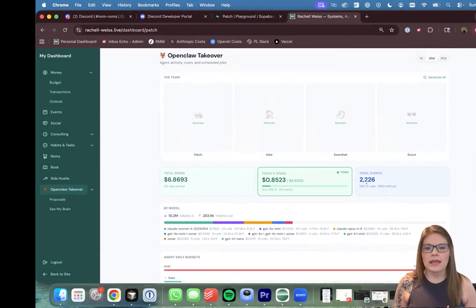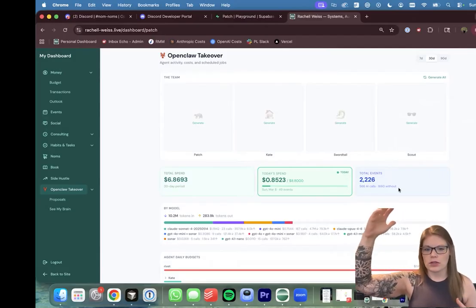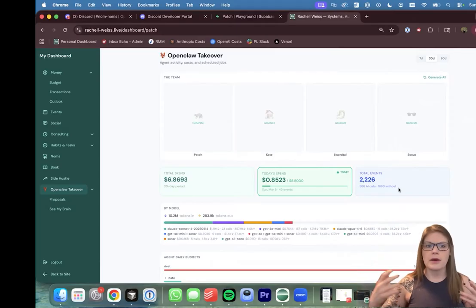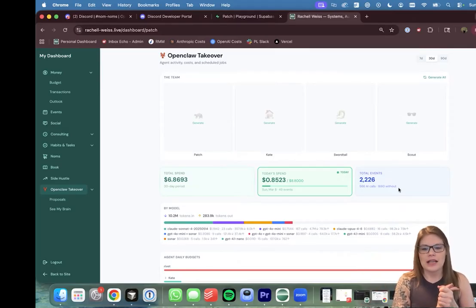And so being able to see all of these events that I've been able to organize, if I had just used straight OpenClaw, my API cost would have been through the roof, which is what happened. But being able to structure it like this, is it more work? Yes, it is. Do I have to troubleshoot, like you saw things come up? Yeah, for sure. But is it worth it in the long run? Also yes. I have more control. So that's something to think about as well.